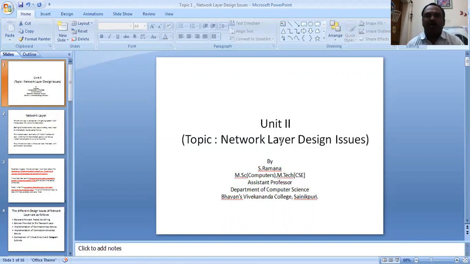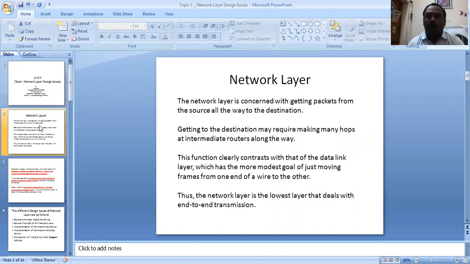Now, coming to your network layer, here we are going to cover the network layer design issues in this session. So what exactly is the network layer concerned with? Your network layer basically is focused on transferring data from one location to another location.